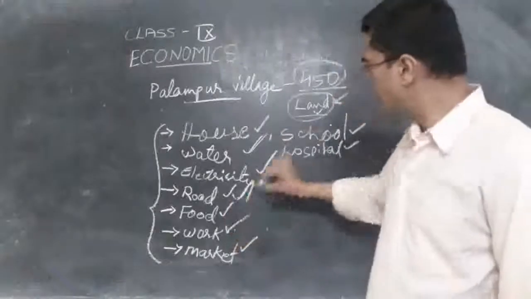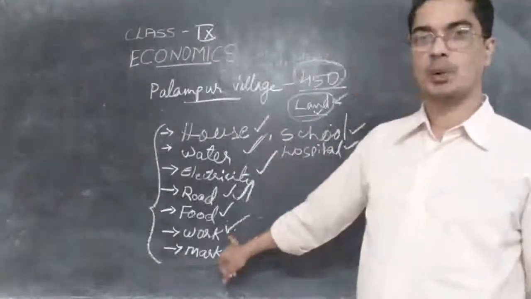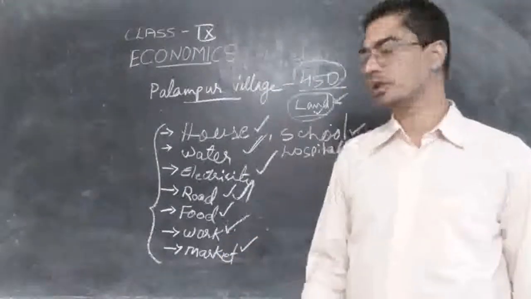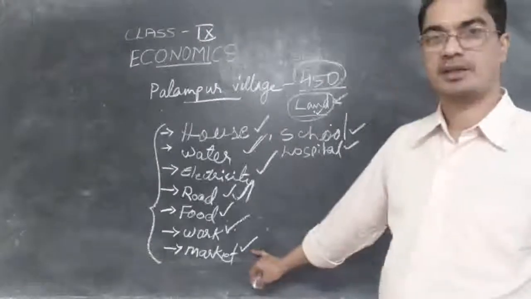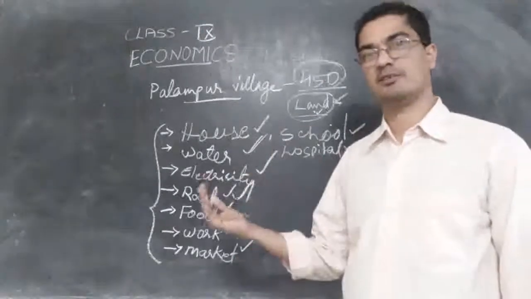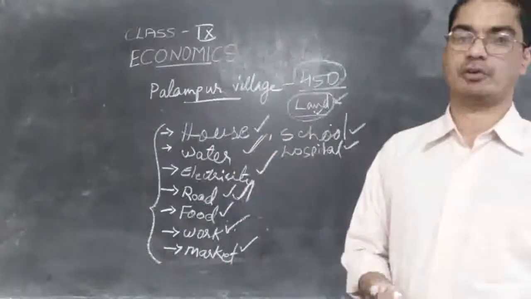Then because of this land activity, most of them are working. They have got work every day. They work in the farm, and then the market will be there. They have to carry the extra things and sell them in the market, and with that money they buy something that is needed for them.